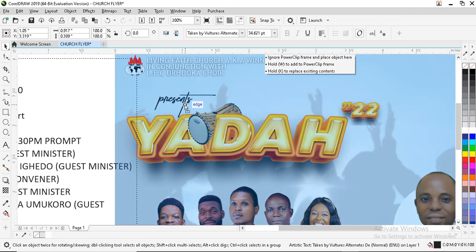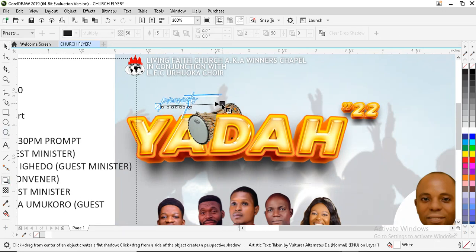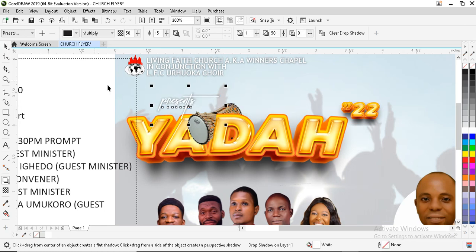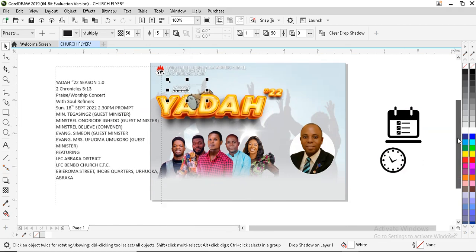And I'm fine with it this way. I'll give it a white color also, and I'll give it a shadow. Okay, I think I love shadow so much. I've noticed that over the years. Okay, so now the next thing I want to do is I want to bring my